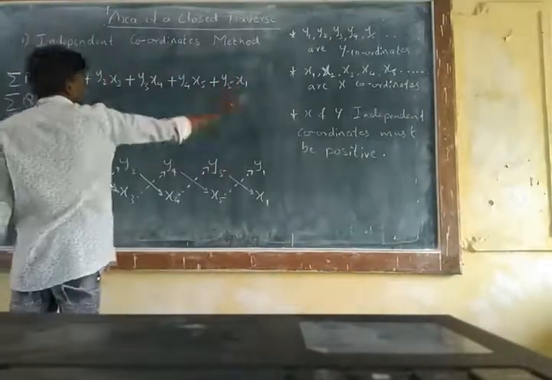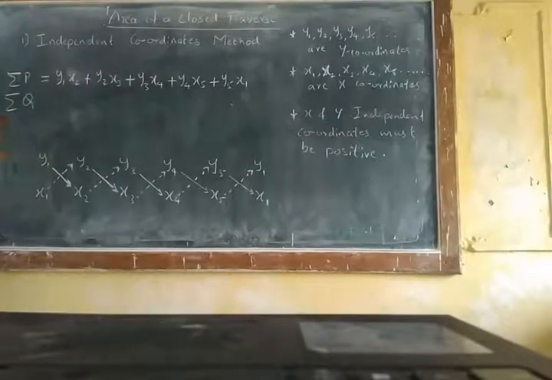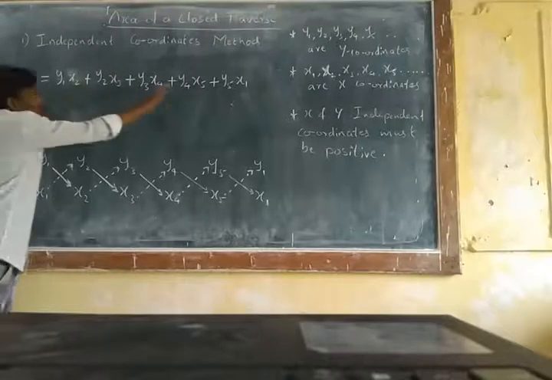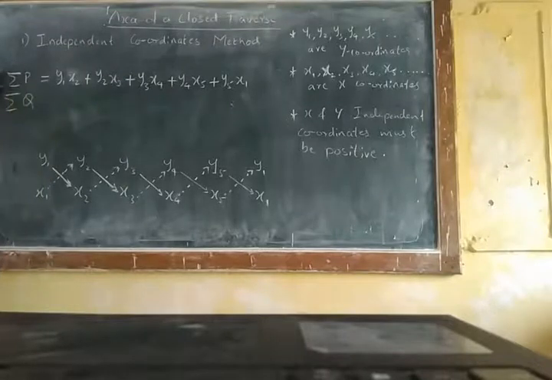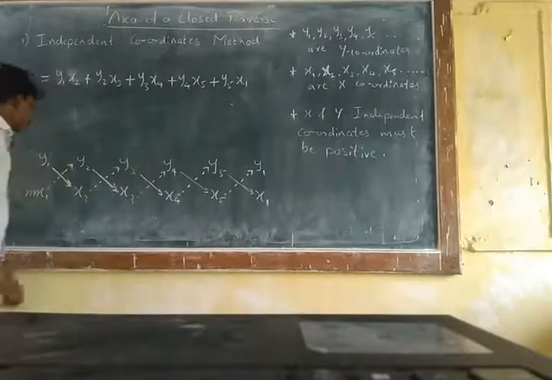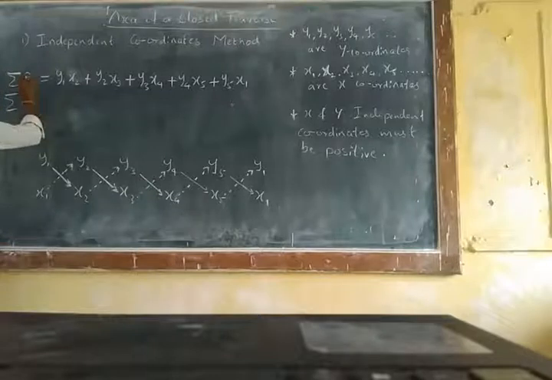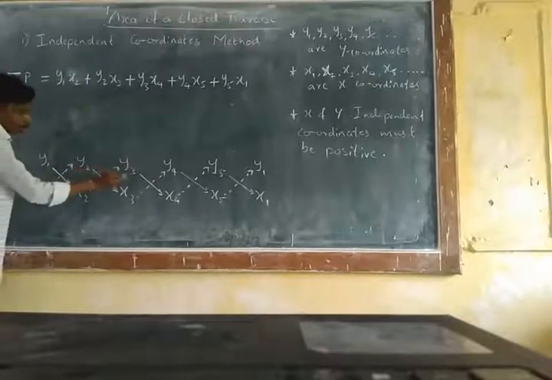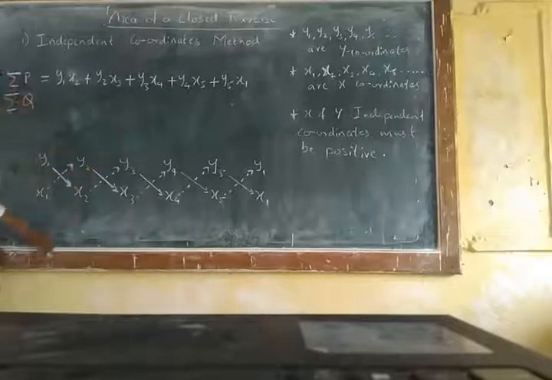Okay, now this is straight. So this is the formula, or this is the equation to calculate summation of p. Now let's calculate the summation of q. Now the thing is, before writing the summation of p equation, you consider the thick arrows. Now leave the thick arrows and only consider the dotted arrows here.